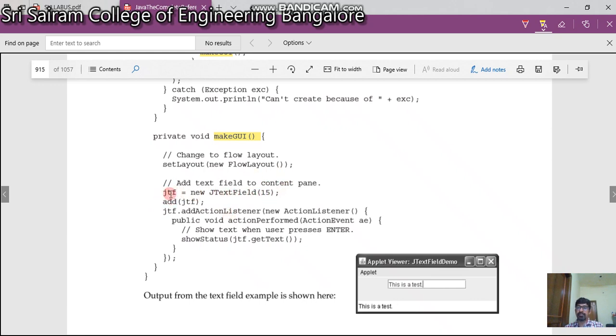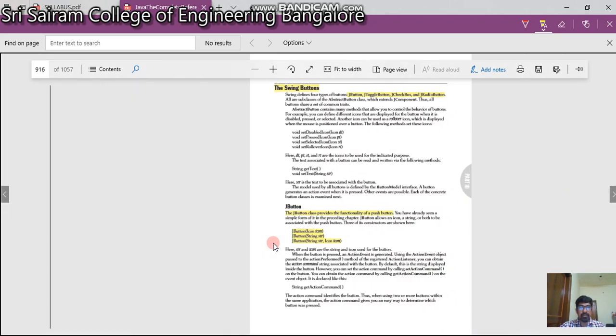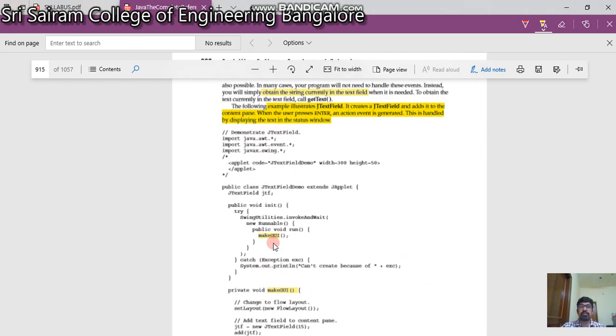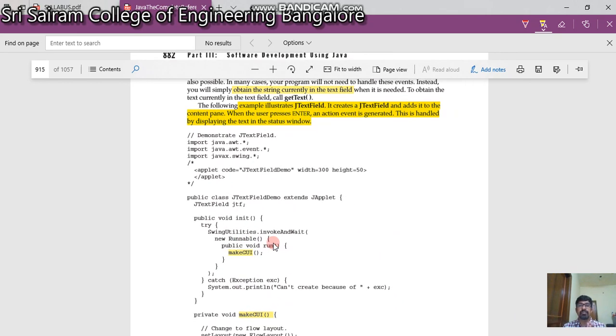This is an object, so we are going to show the status of jtf.getText. What it does, as I told, is extract the JTextField and add it to the content pane.